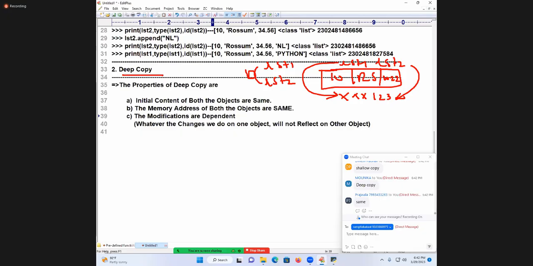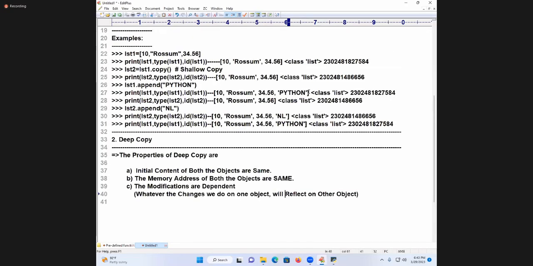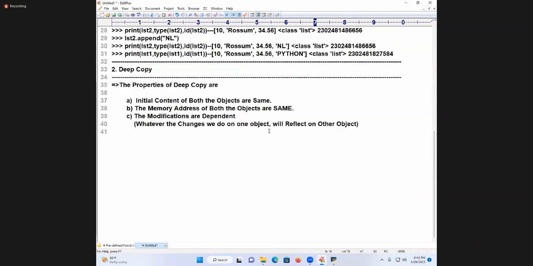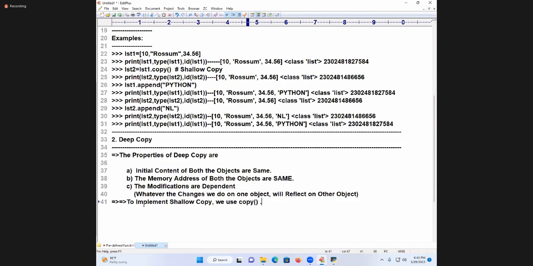It is called which mechanism? Deep copy. Whatever changes we do on one object will reflect on other objects. Here it will not reflect on the other object, but there it is happening, reflecting on the other object. Now, how to implement, sir? Now I am telling. To implement deep copy,